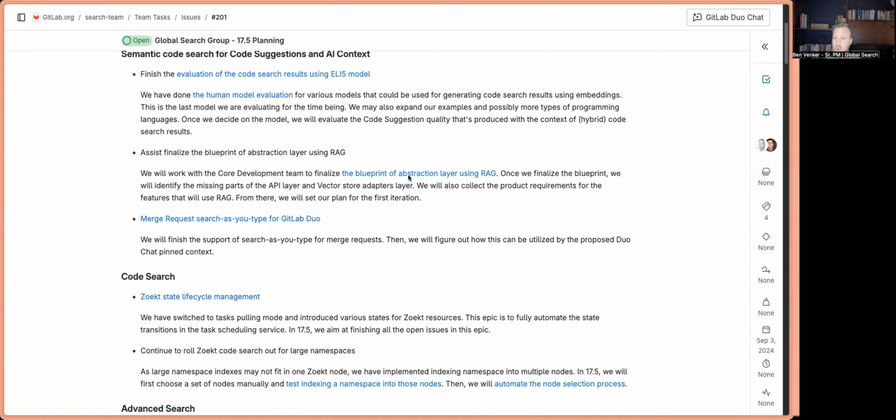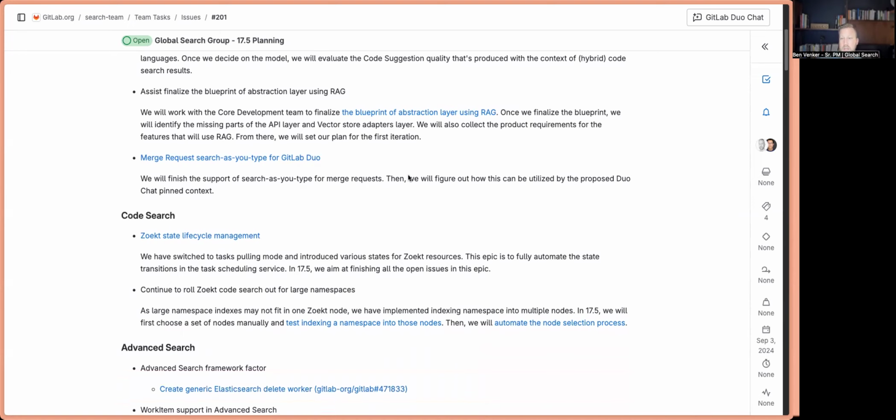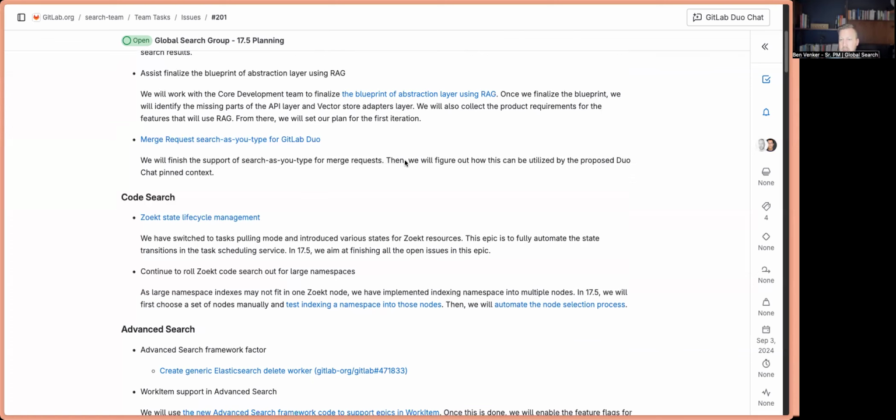We also are working on a merge request search as you type functionality for GitLab Duo. We'll be able to use that in other places in the app as well, but high level, what it will allow us to do is make it simple to search through any merge request that is on GitLab and apply filters, et cetera, as you type. So you can search just the merge requests in the GitLab project, for example, if you're in there. But this will make it easier to add merge requests to Duo for context, as opposed to having to know the URL of the merge request and paste it in as it is today. So that's going to be pretty exciting.